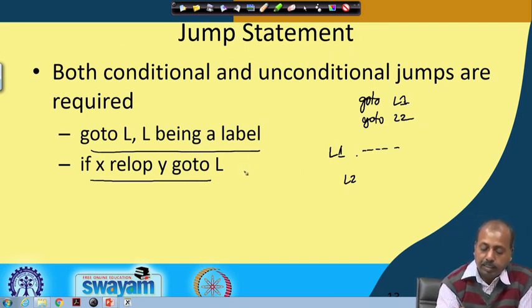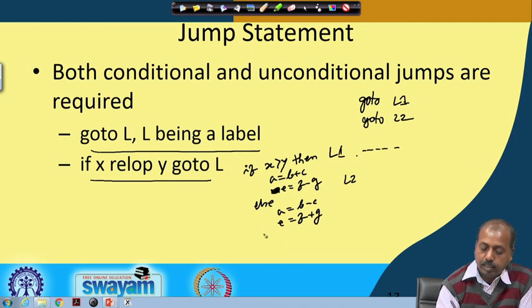For example, if x greater than y, then a equal to b plus c, e equal to f minus g, else a equal to b minus c, e equal to f plus g.